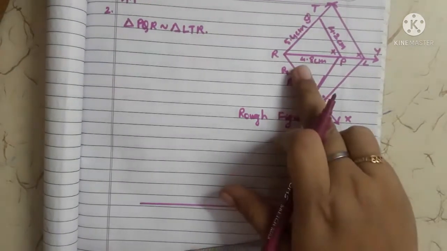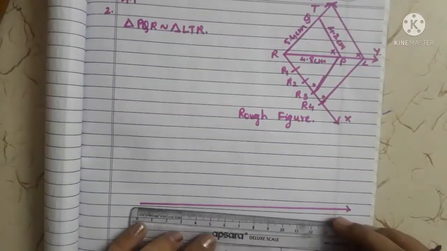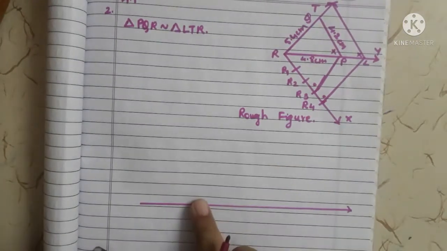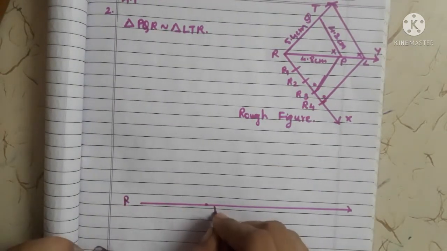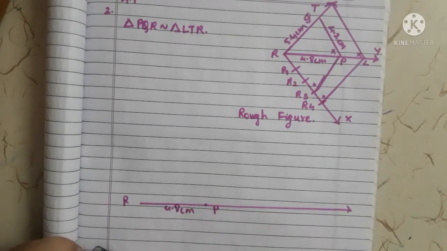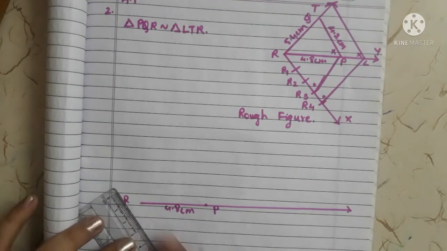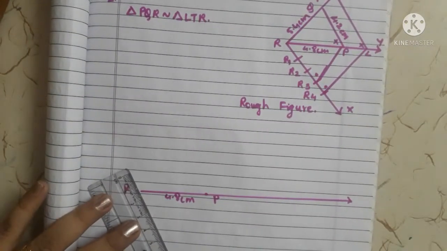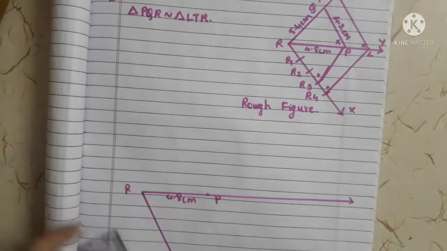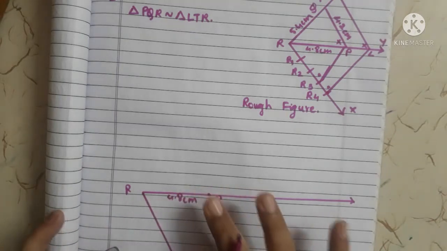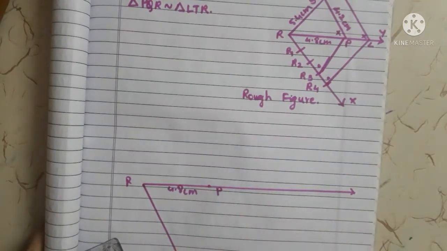Like this. On this, first thing is you will take 4.8. So keep the scale here and mark 4.8. So this is my 4.8 and the name is RP. This is 4.8 centimeter. Now below this you will draw any angle, there is no measurement for this, just like this you will draw. You have to take it less than 90 degrees, any measurement it can be, no need of taking the protractor and marking it.